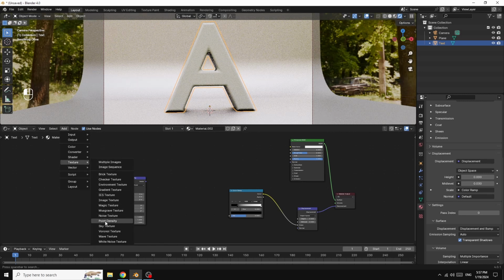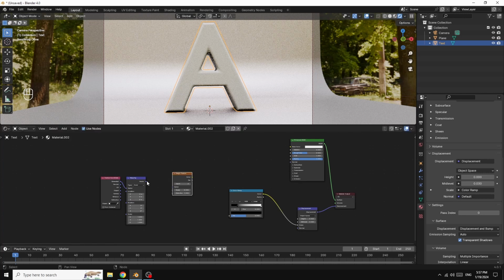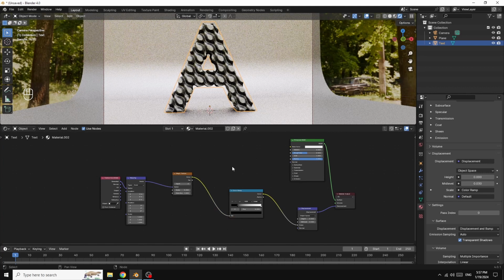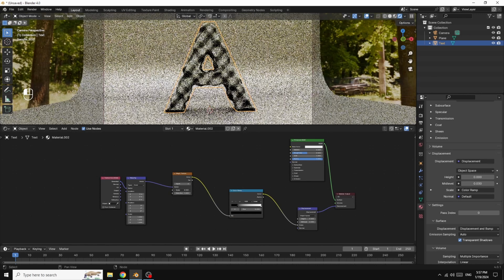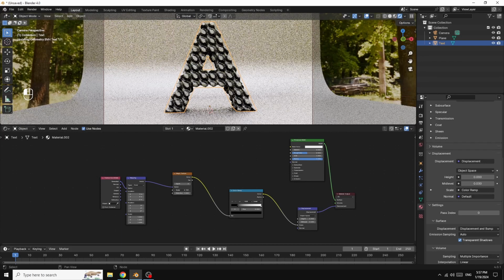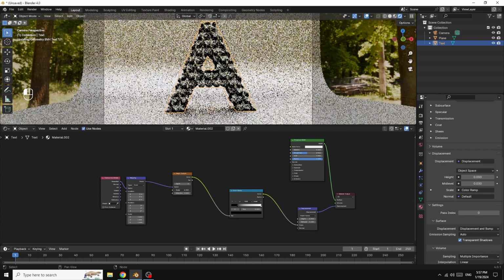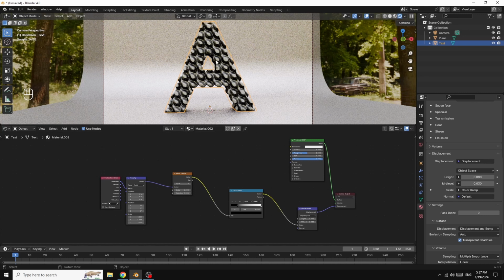We add a texture like magic texture, and connect it like this, and you can decrease the number. If you want